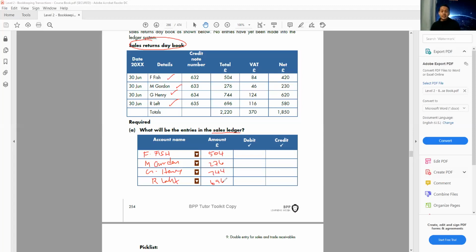Now, my next question is, this time it's a sales return day book. So this time they will be my debit or they'll be my credit? This time they will not be my debit anymore. They'll be my credit because they are not my asset anymore because they're returning to me. I have to remove them. So before I said sales ledger debit, now I need to say sales ledger credit